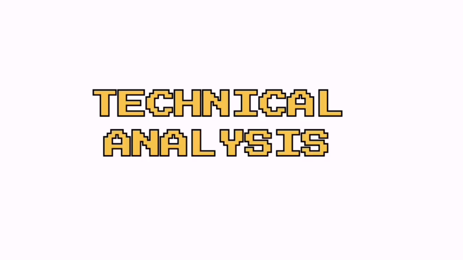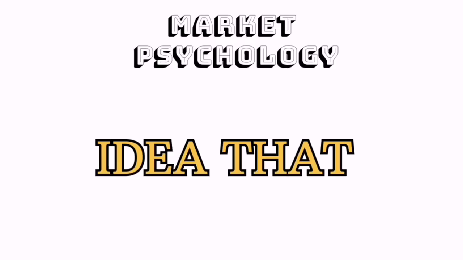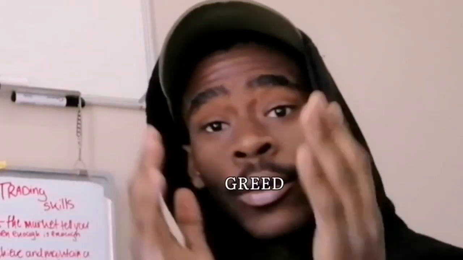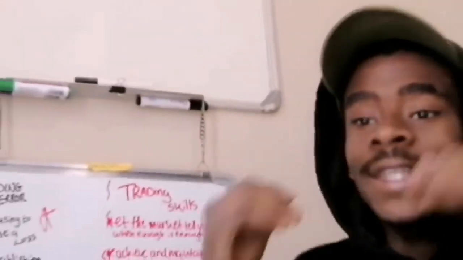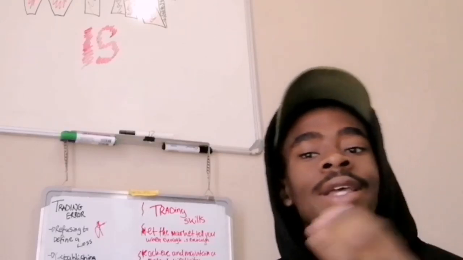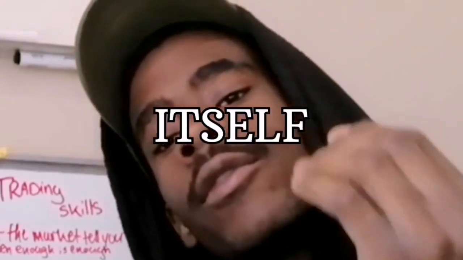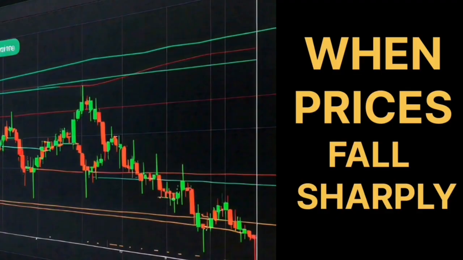Why technical analysis works? Why does technical analysis actually work? Well, this is where the psychology of the market comes in. The idea behind technical analysis is rooted in market psychology. It's based on the idea that human behavior, which is fear, greed, optimism, and pessimism, tends to follow certain patterns over time. The same psychological reactions to price movements tend to happen repeatedly in the markets, which is why history repeats itself. For instance, when prices fall sharply, panic can set in, causing more selling.